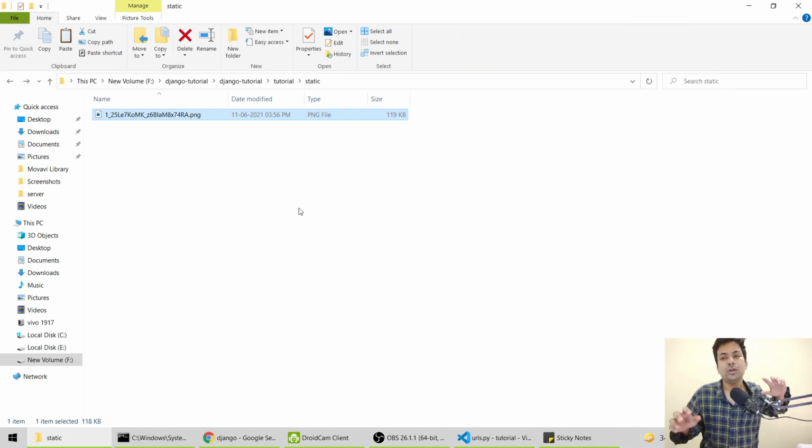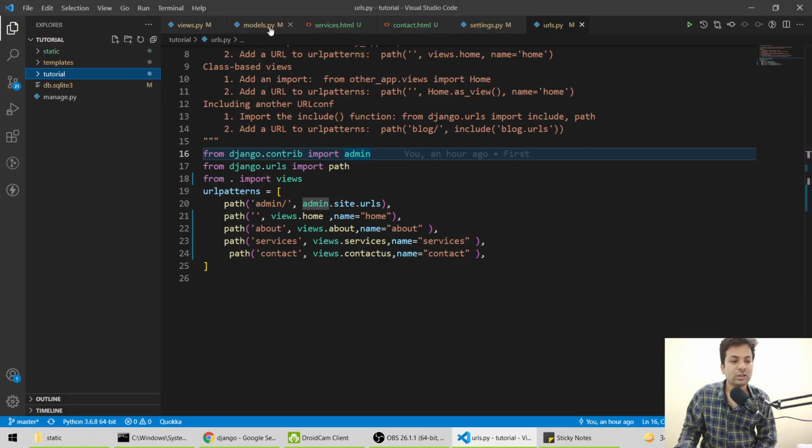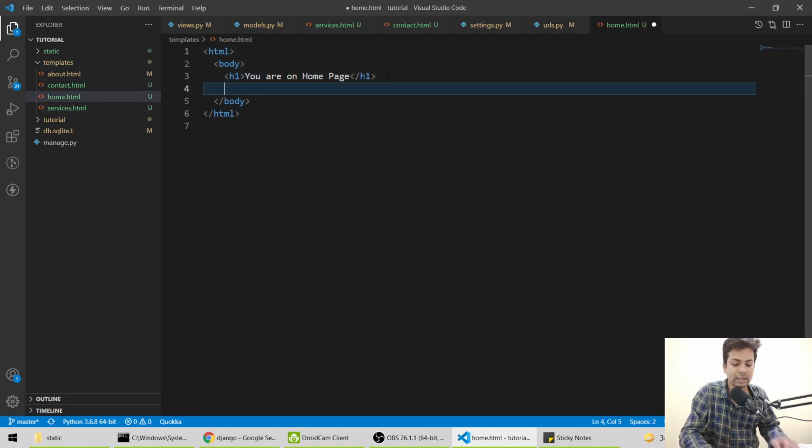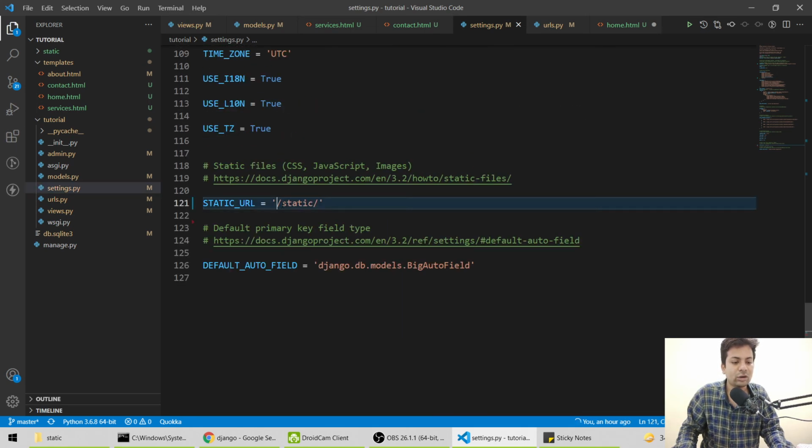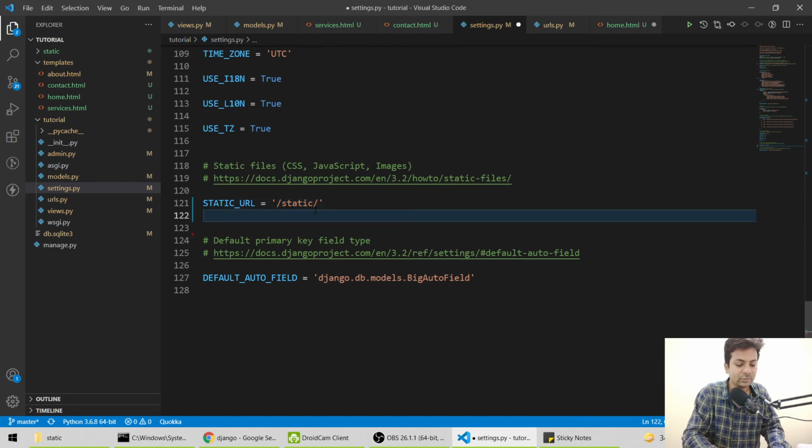So here you can have all your static CSS and JavaScript files, but how do you load that? Firstly, in the home page in the templates folder, here I'll make an image tag. Before that you have to change something in settings. If you come into settings, see, it's already there, static, but we still have to change a few things. So we'll say static files underscore